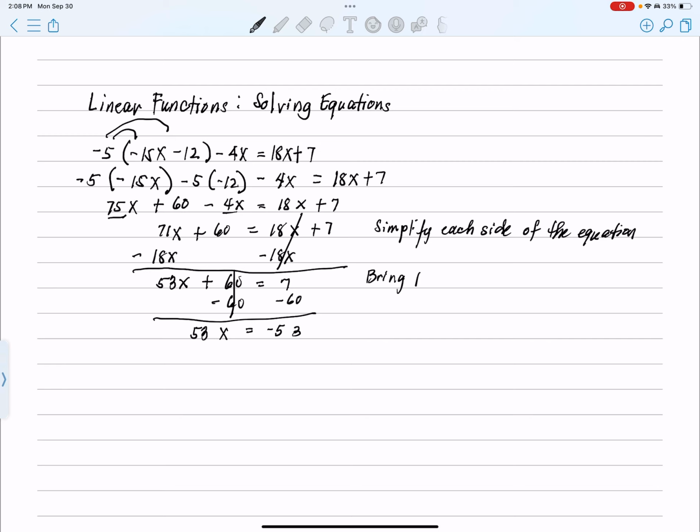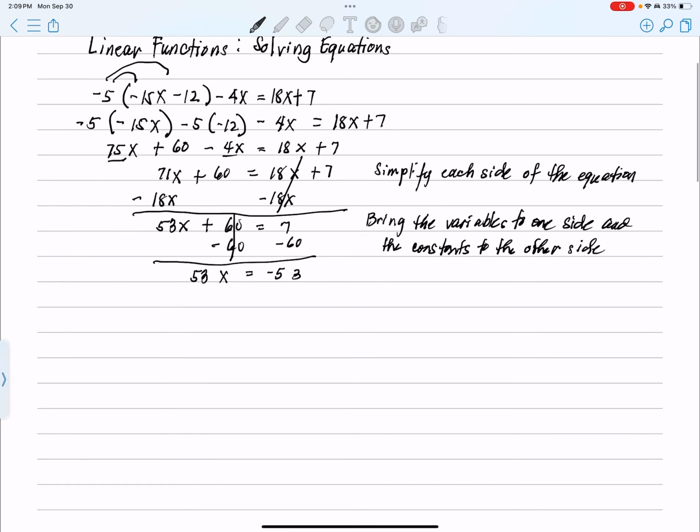the variables to one side. And the constants to the other side. That is to the left side and to the right side. Okay? I will move this up. Then